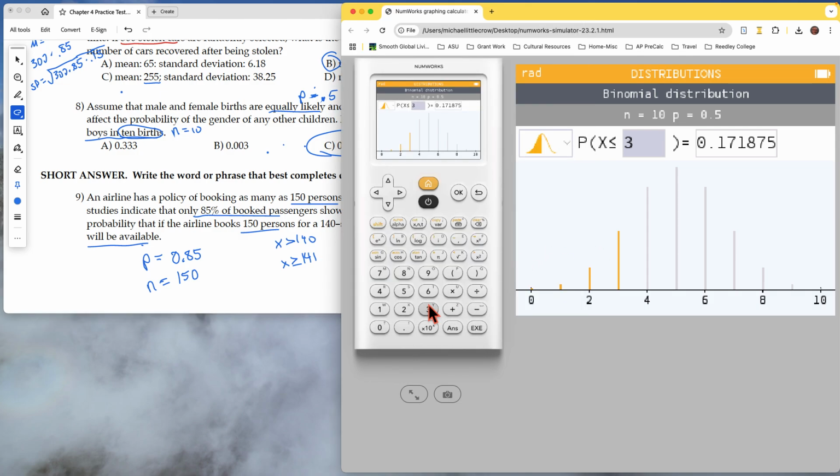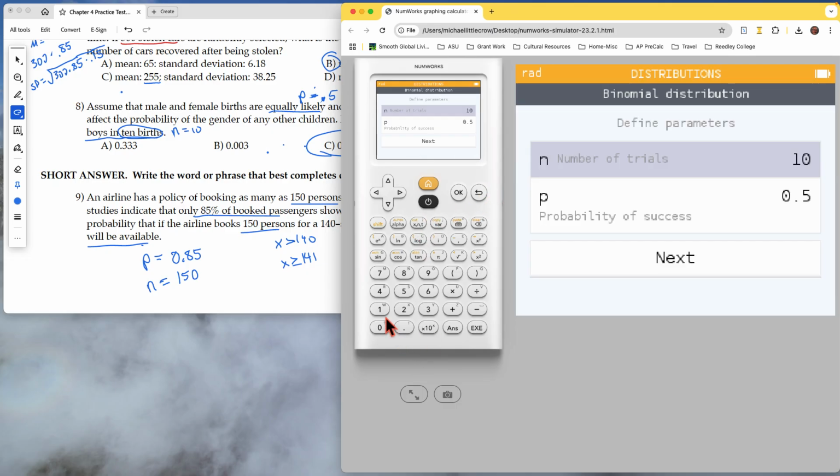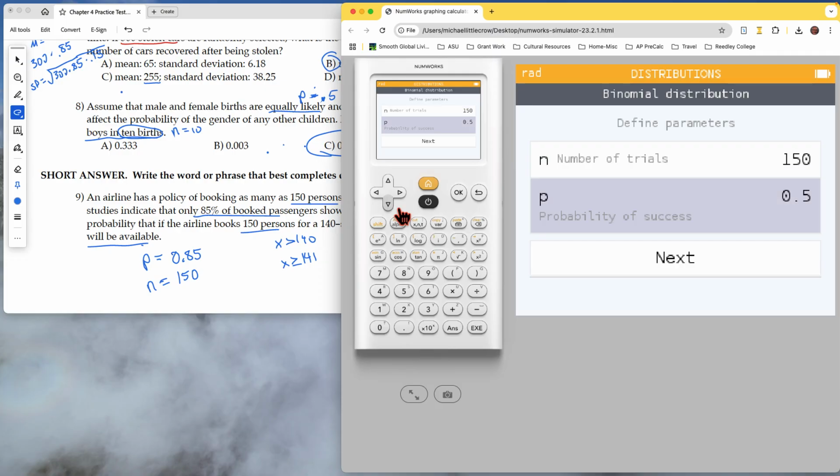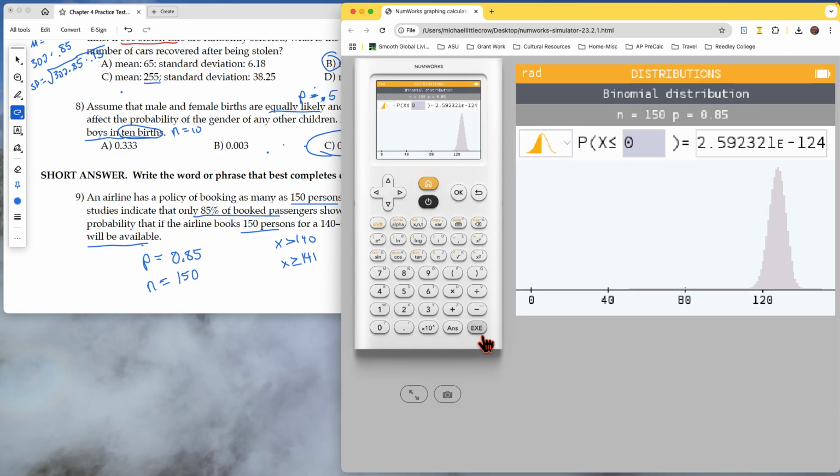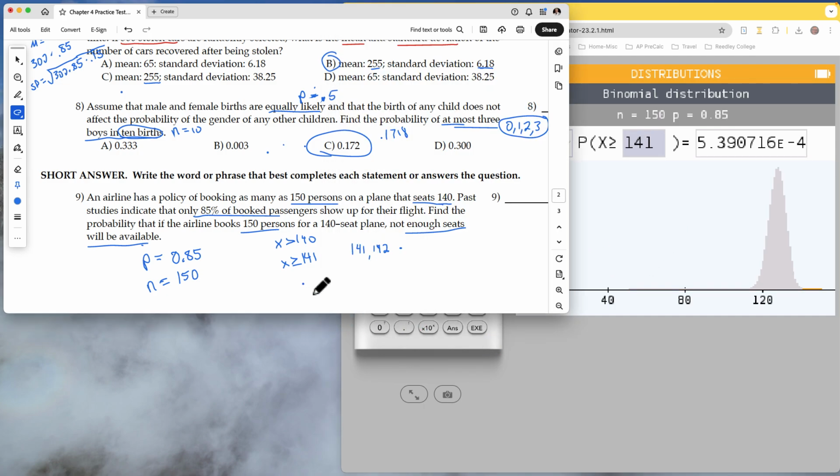So we go back to the start, and we put in our 150 for n, put in 0.85 for our probability of success, and we want this one greater than 140, because 140 would be included. 140 people show up, there's enough room for everybody. 141 show up, there's not enough room. Now, I don't know if it makes that much difference or not, but that's what we want to have. So what we get is this number